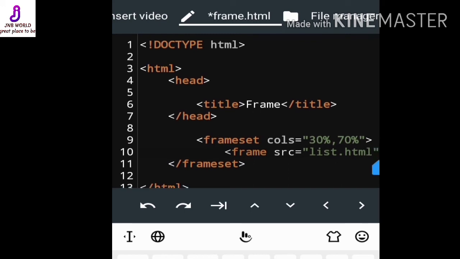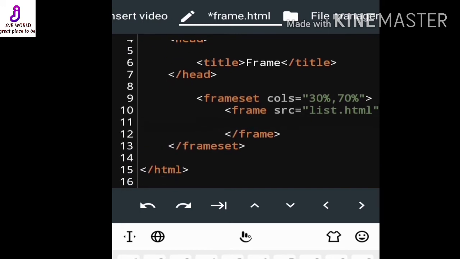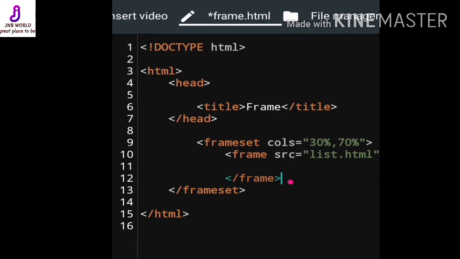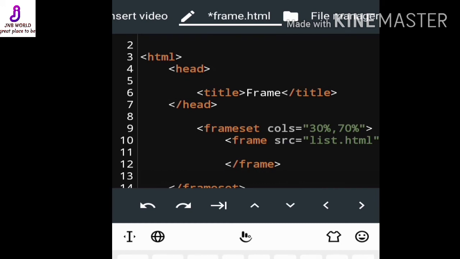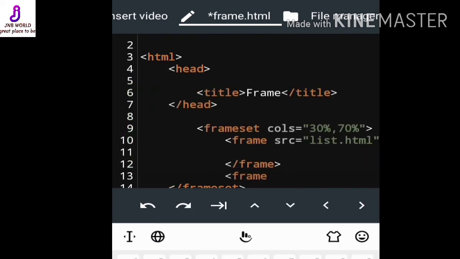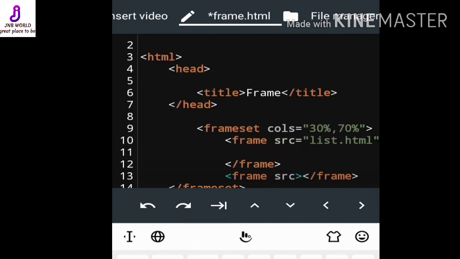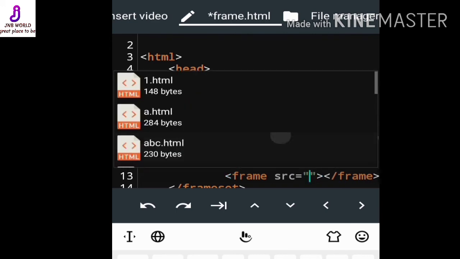See here, this is our first percentage, and for the second one we have to use frame again, src equal to, and within double inverted commas we give our second one.